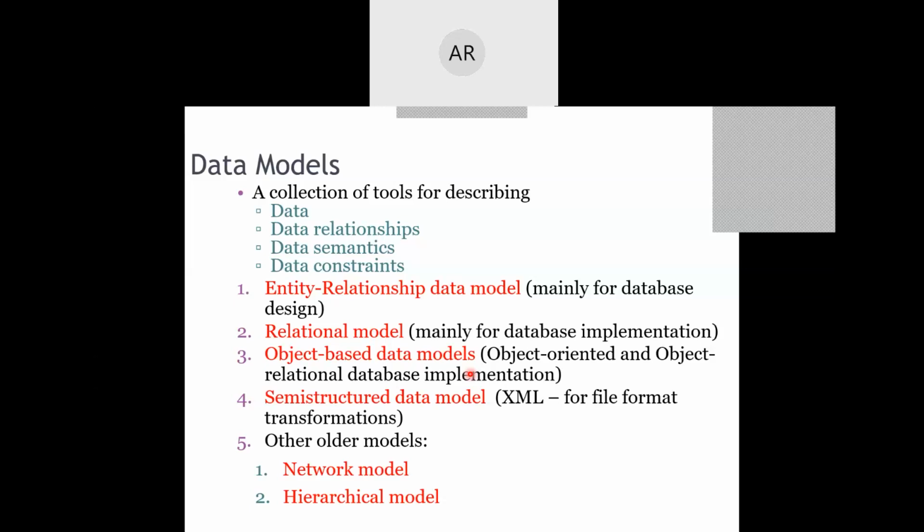These were the two models which were used in very olden days, but still nowadays, if you want to look at the network model, suppose a program is working on a particular database and that database is saved in India, and the programmer happens to visit the US and still wants to work with India's database.